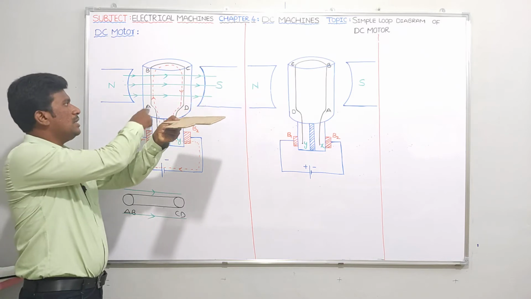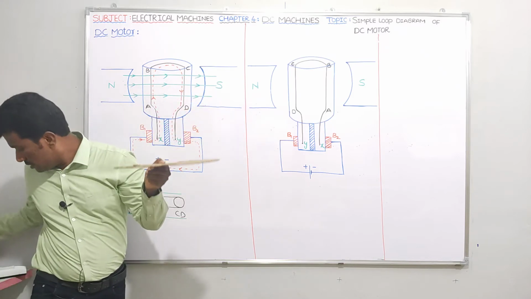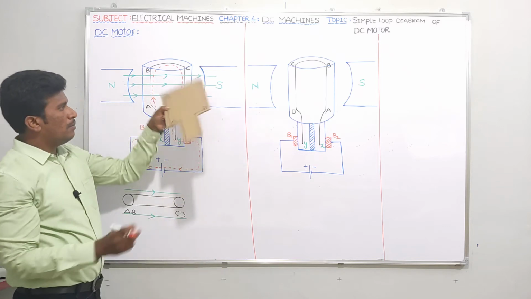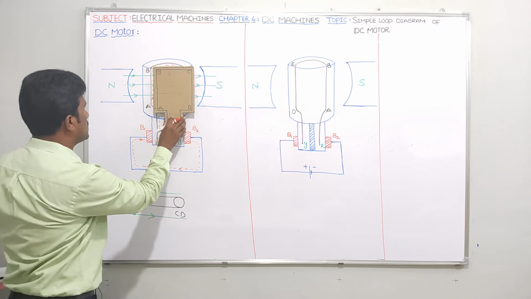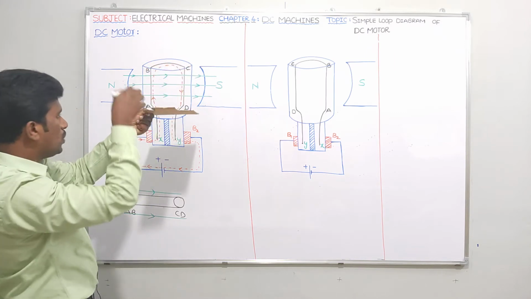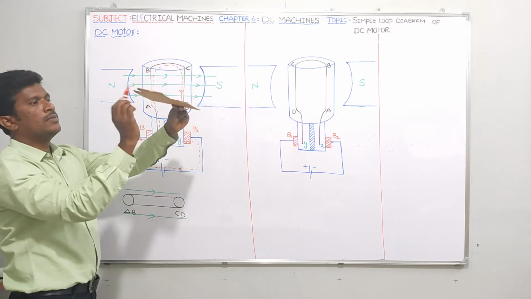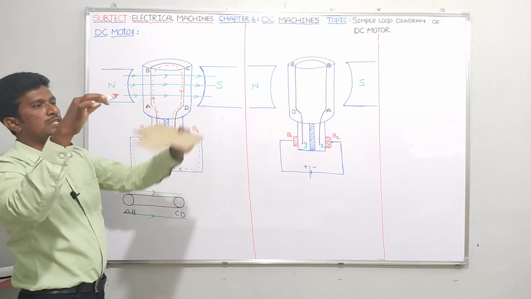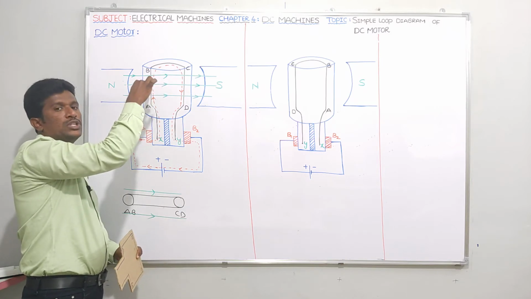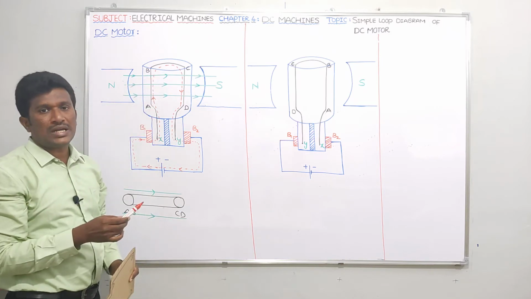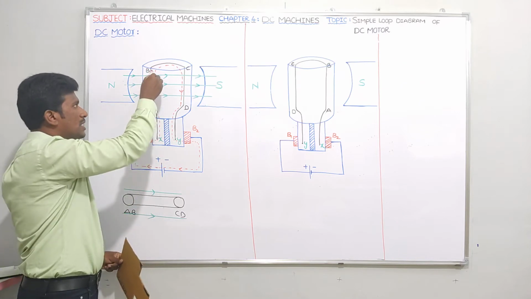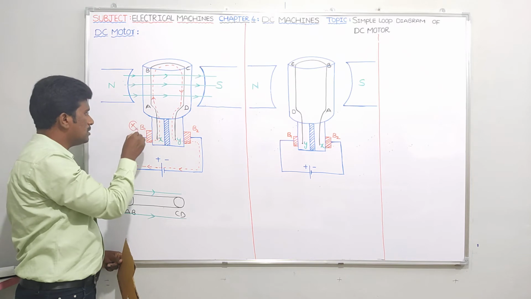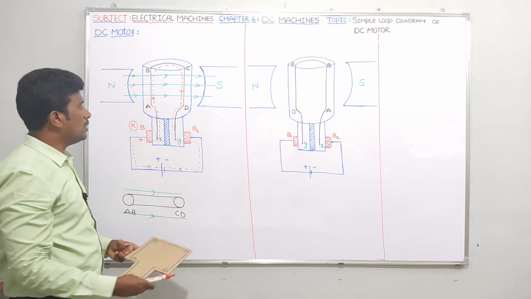Now tell me, in AB this arrow mark I just indicated is upward here. But if you take this coil and show it like this, it is going from A to B, no? This is A, this is B. A to B means it is going into the board, no? Into the board means what? Cross or dot? Cross. So tell me, what is the brush which is corresponding to the AB conductor? B1. Let me show the cross here.